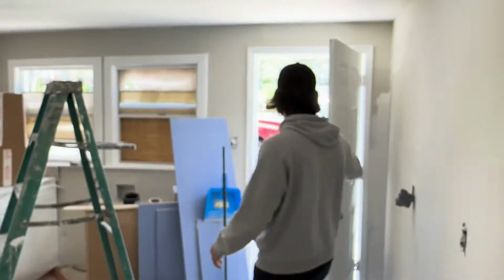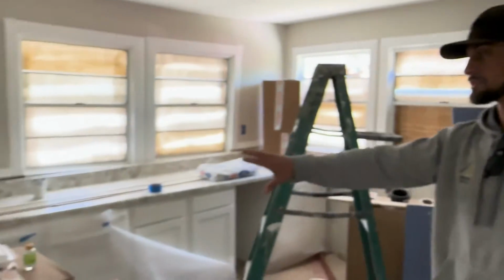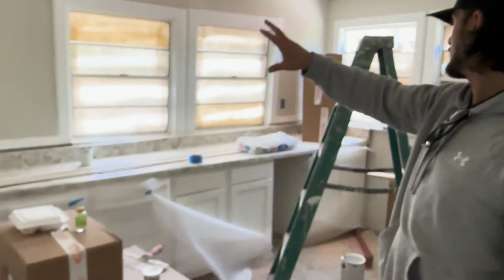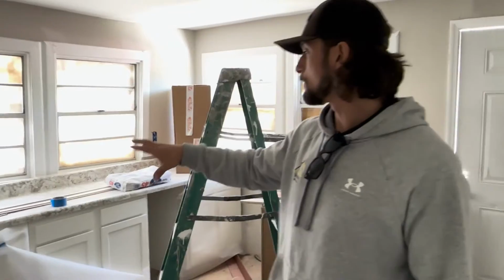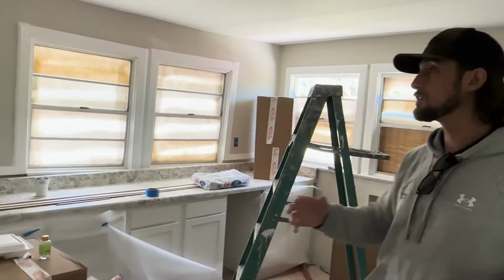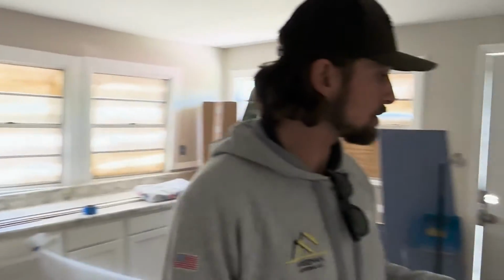So this kitchen, everything that we have done in here, we have brand new countertops, all brand new lower cabinets. Upper cabinets are not in yet, or they might be in some of these boxes actually. So really nice. I'm thrilled with how this turned out. All brand new electrical, all new plumbing under the house, all new sewer lines. So really